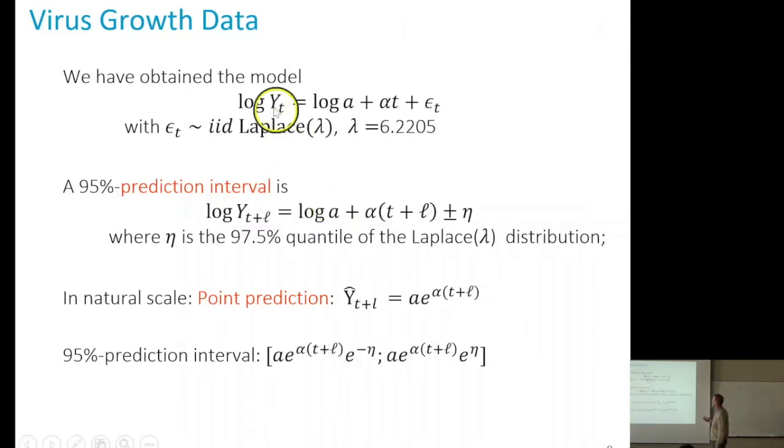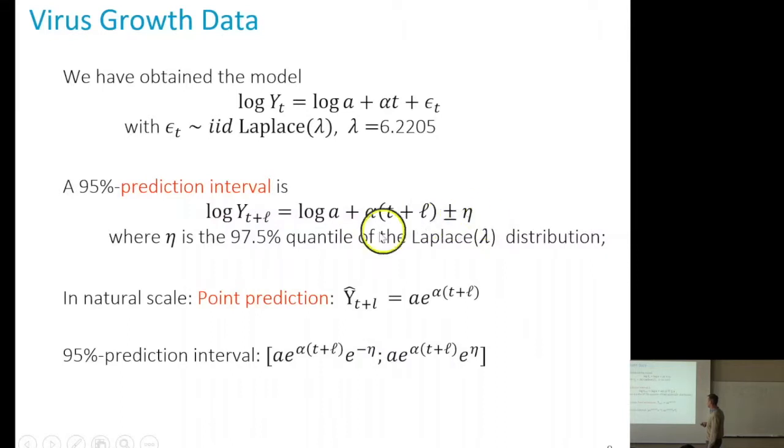We had seen that the best model for the virus growth is to look at the log scale, and we found that the best model, or one of the possible reasonable models, was to assume that the log of the infected population satisfies this linear equation with the noise being IID Laplace. Right? So if we believe in this model, then we have exactly the same thing. Those noise terms are independent. So a 95% prediction interval is obtained by finding a 95% coverage interval for the Laplace distribution,